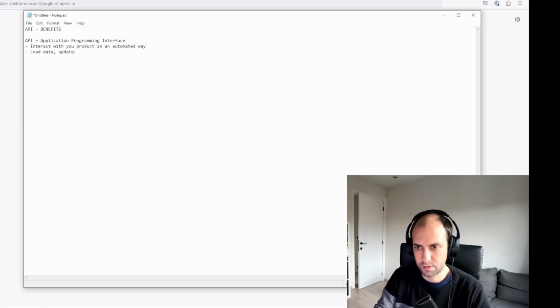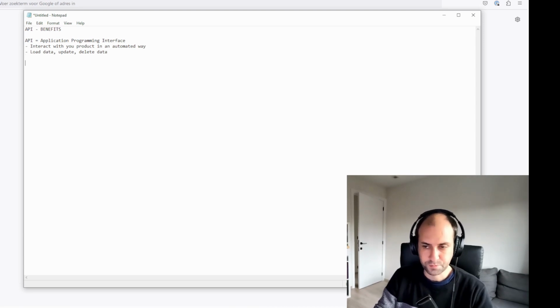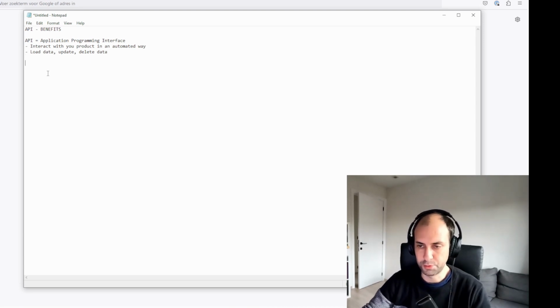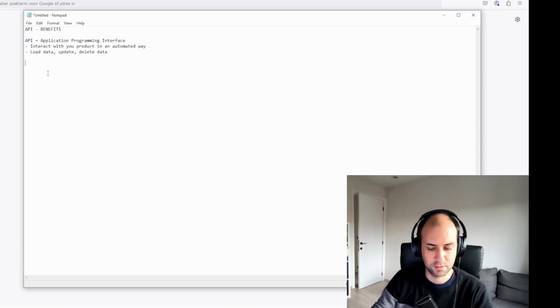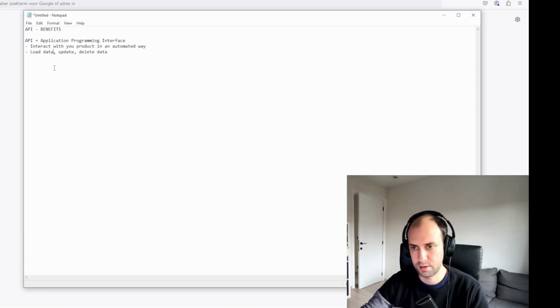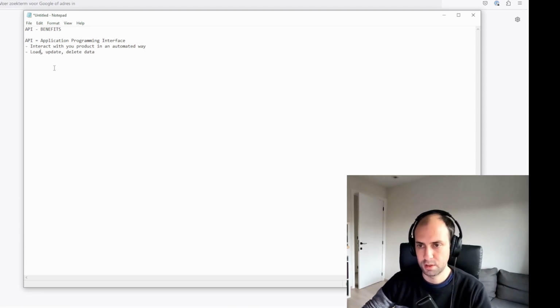So load, update. Very brief, of course, because I'm going to assume most people do know or have an idea of what an API does and enables.